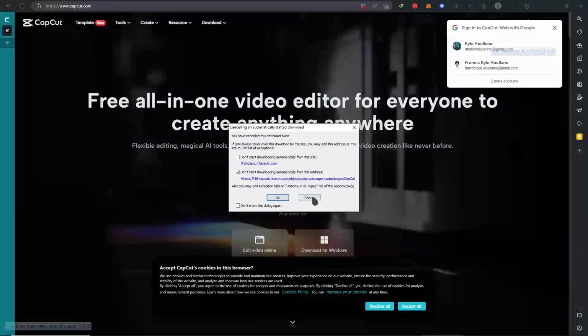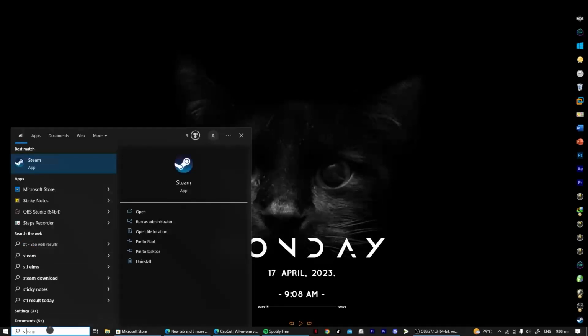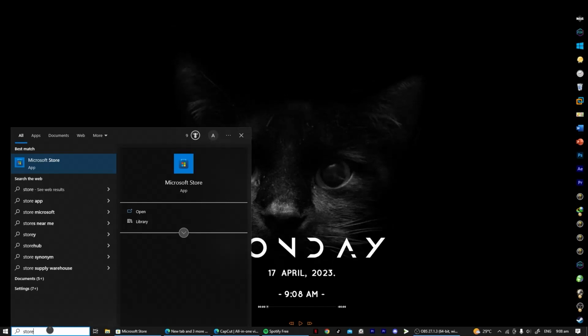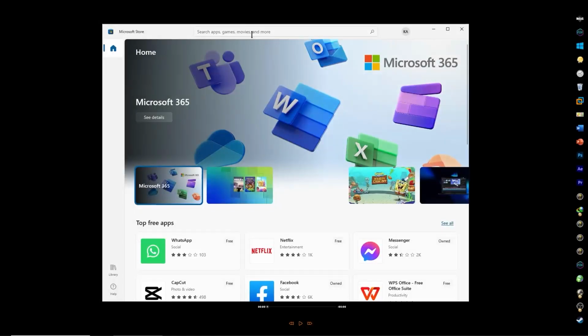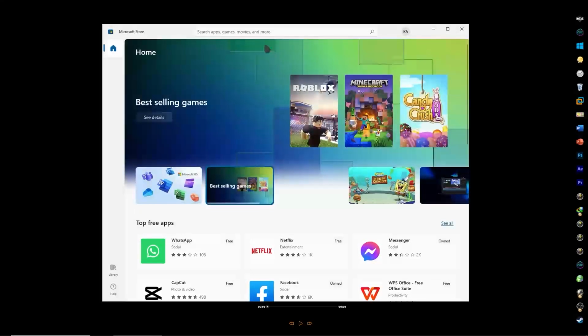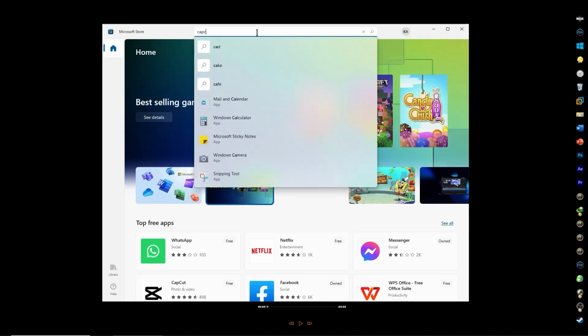But we don't want to do that for now because we want a new method, and that is to go into the Microsoft Store. You just need to search Store here in your taskbar and Microsoft Store should come up. Once you have launched your Microsoft Store, you want to type here CapCut